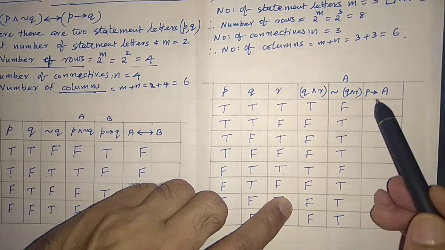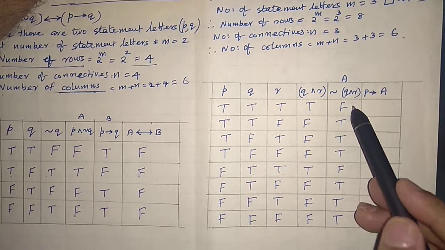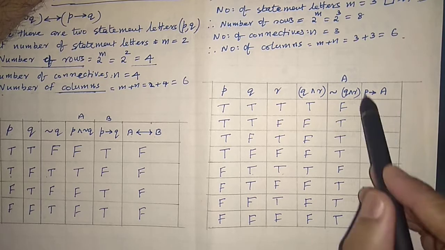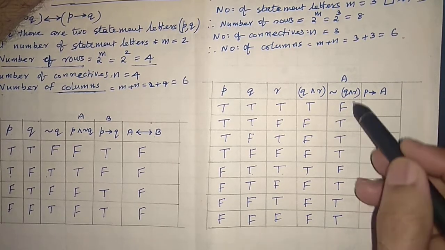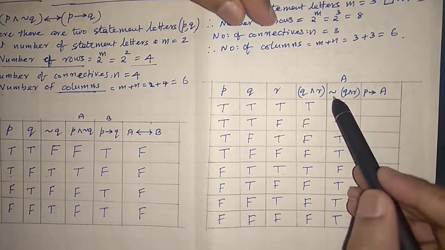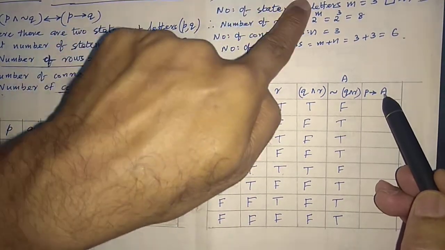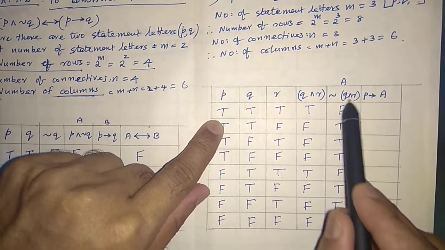Now see, this is already made A. We are keeping the symbol letter A because in the box we can write only one letter; otherwise it would have to be a big box. So to make it short, I made this a single letter A. And P simply implies this A.